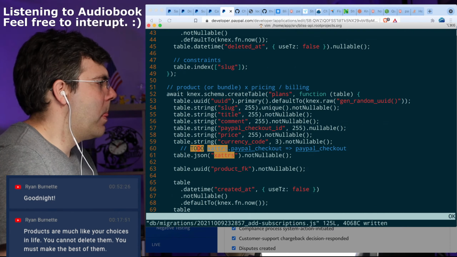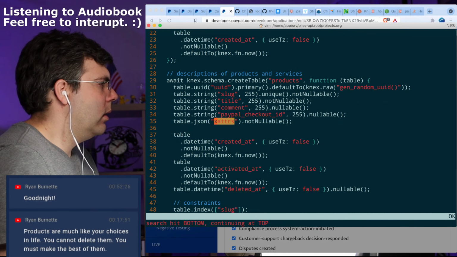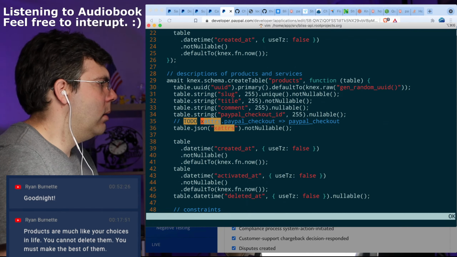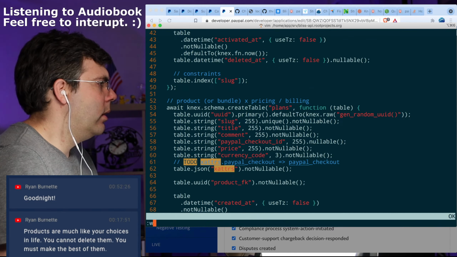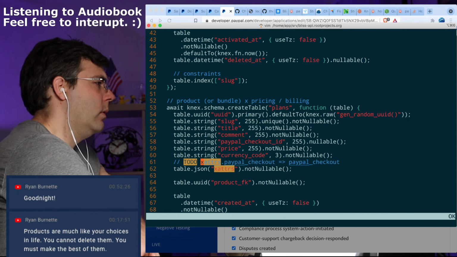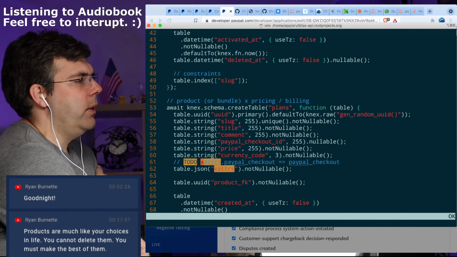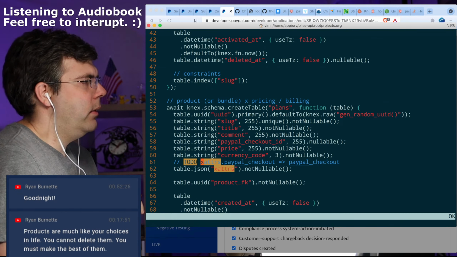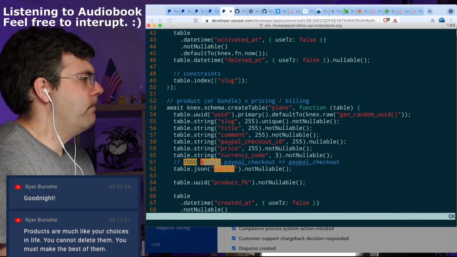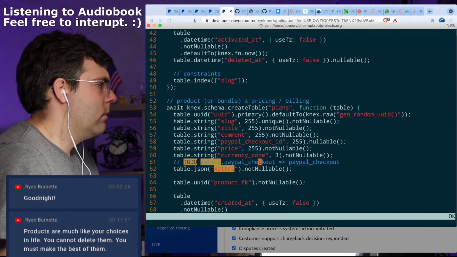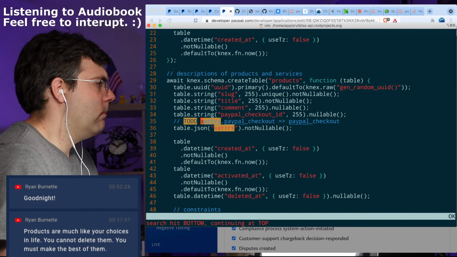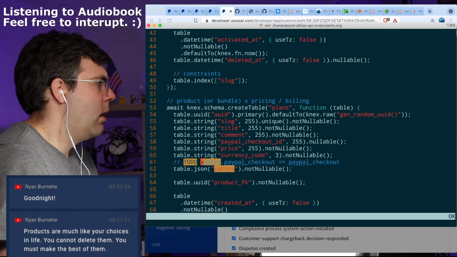I think I'd be better off to have multiple JSON fields for the different payment services.